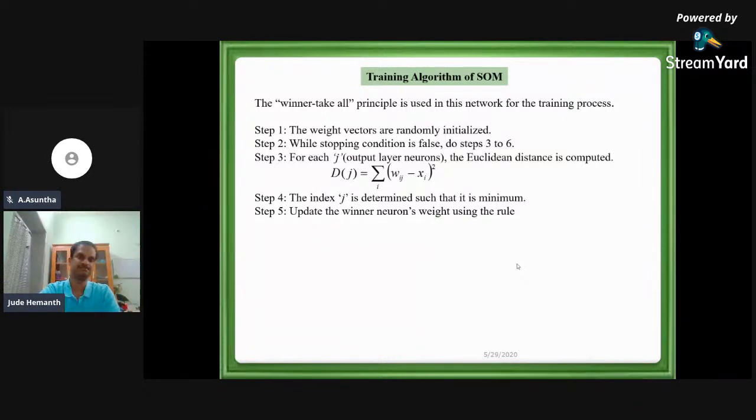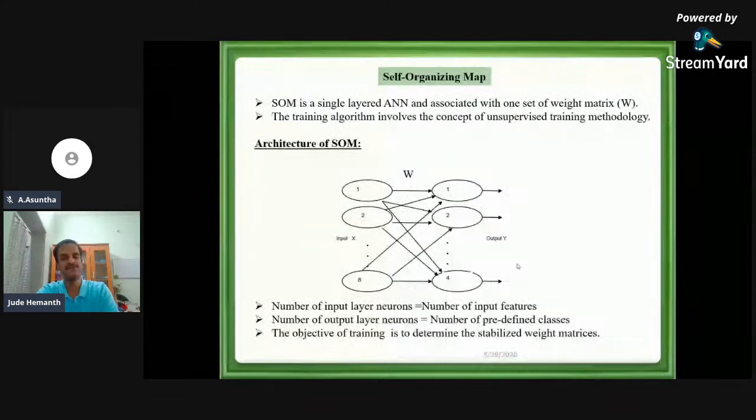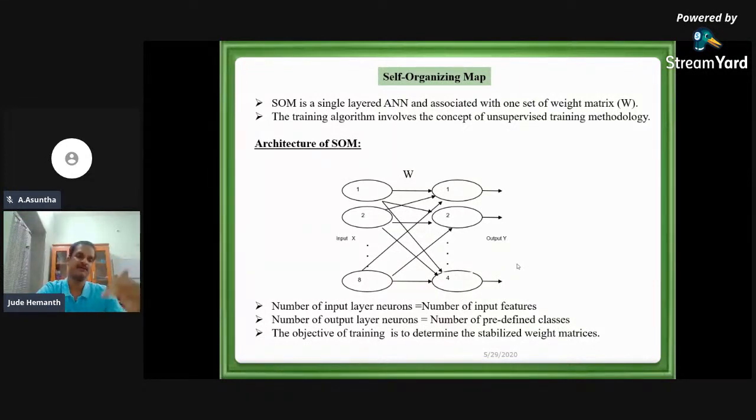Say, for example, if the 4th neuron is the winner, he is going to give you a minimum value. Then all the links with that arrow mark towards 4, right? From 1 you have, from 2 you have, 3 you have, 4 you have, till 8 you have. All these weights alone will be changed. So even though you have a weight matrix, you are not going to change all the weights. You are going to change only one column of that weight matrix.